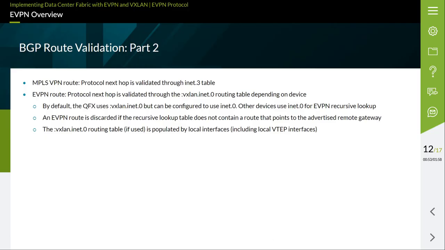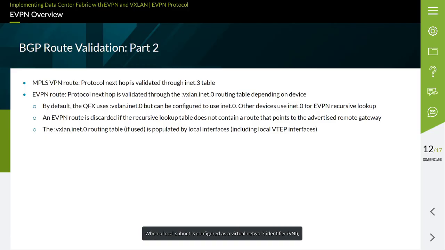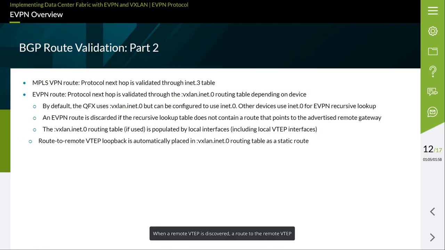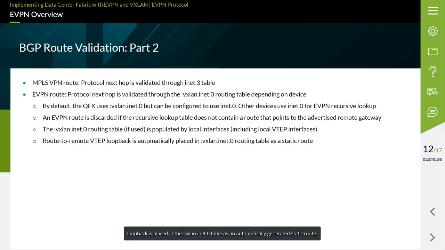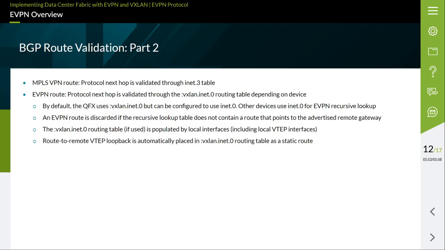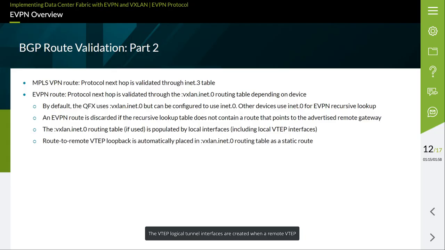:VXLAN.inet.0 route table. When a local subnet is configured as a virtual network identifier or VNI, the local interface is added to the :VXLAN.inet.0 table. When a remote VTEP is discovered, a route to the remote VTEP loopback is placed in the :VXLAN.inet.0 table as an automatically generated static route. The VTEP logical tunnel interfaces are created when a remote VTEP advertises connectivity to one of the VNIs that is